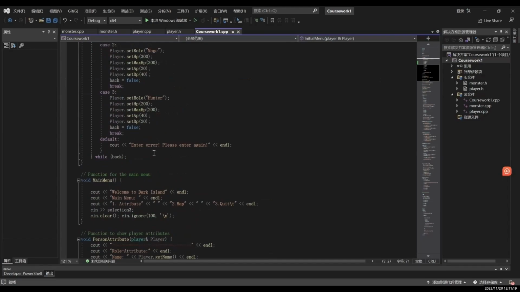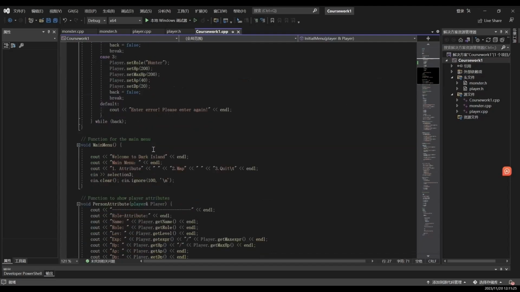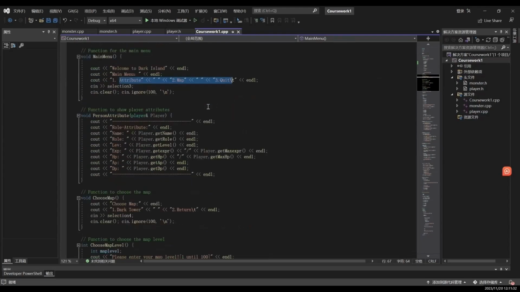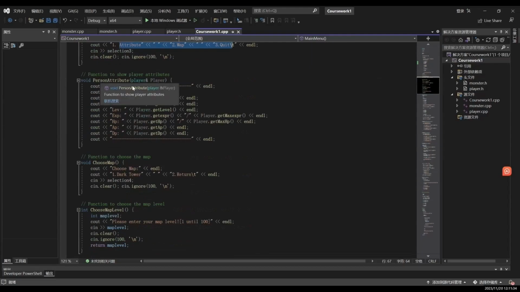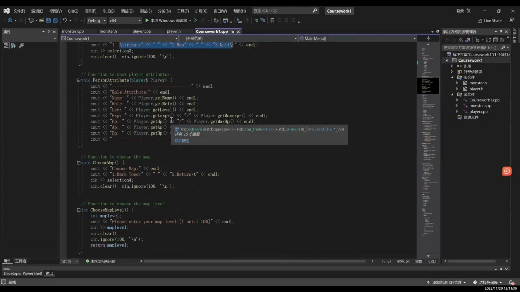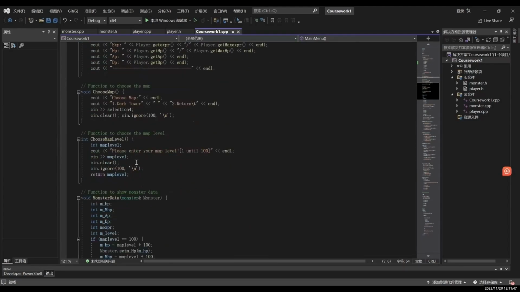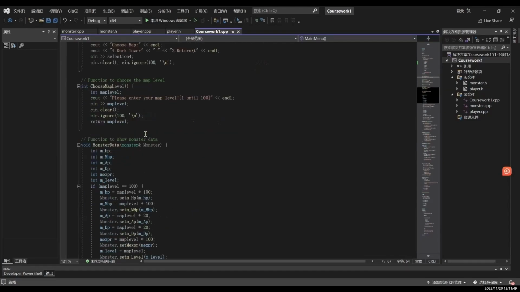If the input is wrong, it repeats in a do while loop. This is the main menu where you can choose actions. The player attribute option shows the player's attributes, and the player can choose the map and enter the map level,